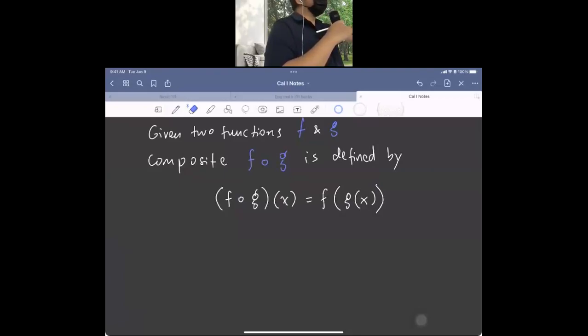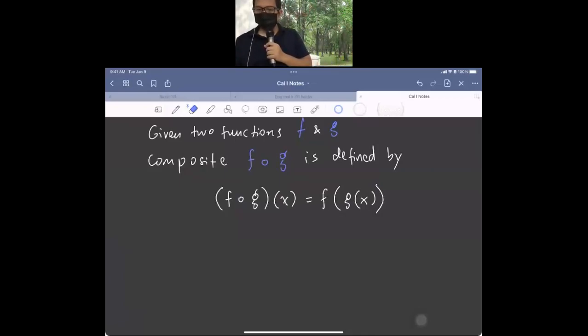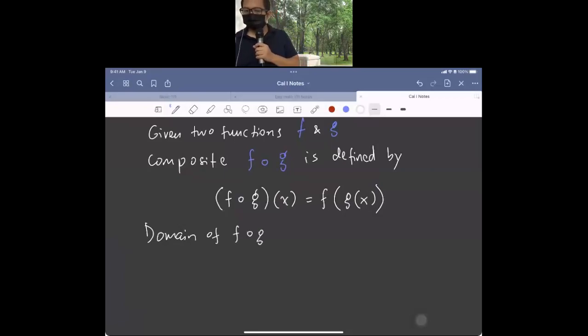And of course, because this composite is defined by the two functions f and g, we are going to assume that the domain is already defined for all of this. So let me write here: the domain of f of g is the set of all x in the domain of g